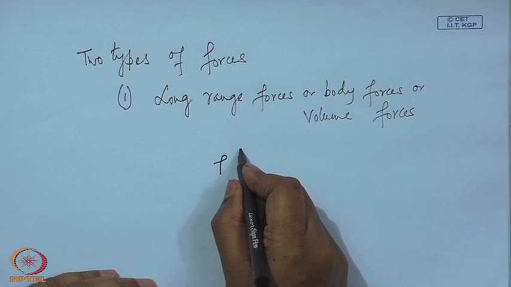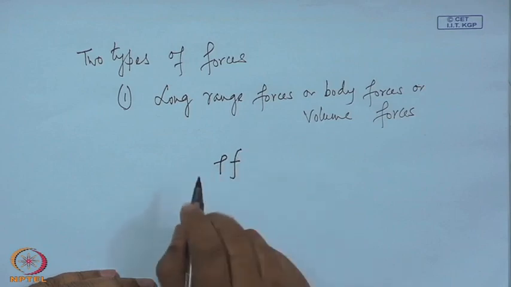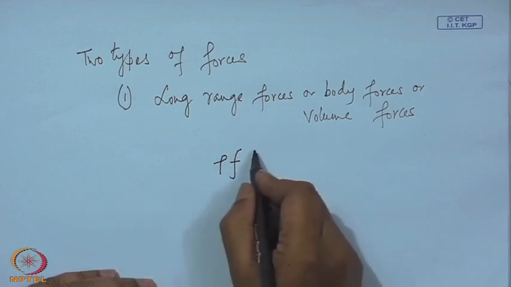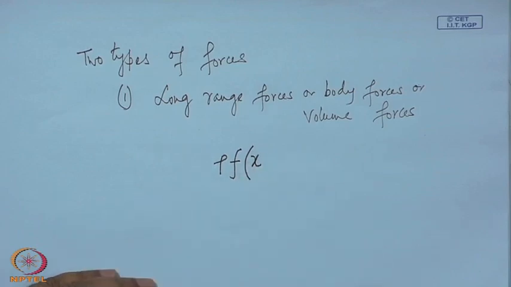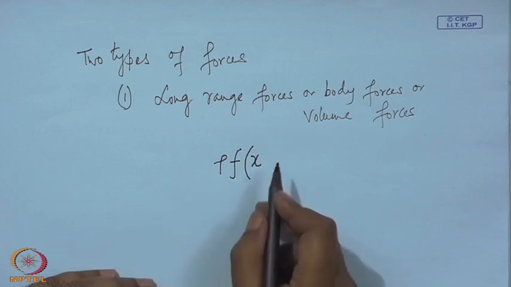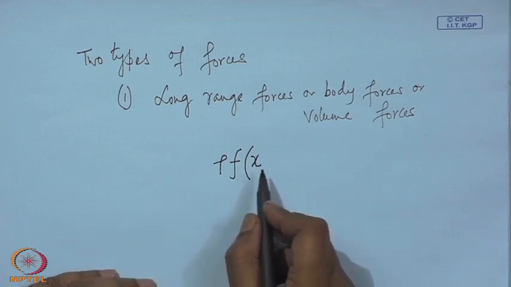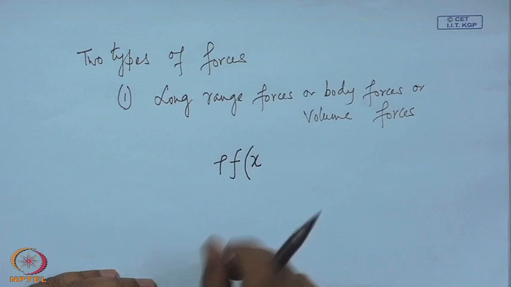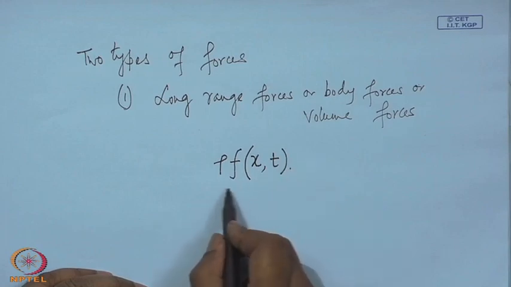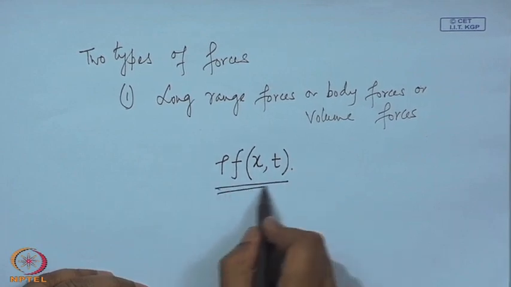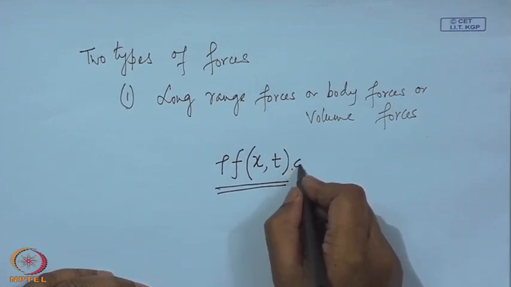Then the force per unit mass, F, in vector sense, acts on an element which has a position vector denoted by x. The x is the position vector, that means x has 3 component. We are not using x as a scalar, but at time t. And of course, this is multiplied by